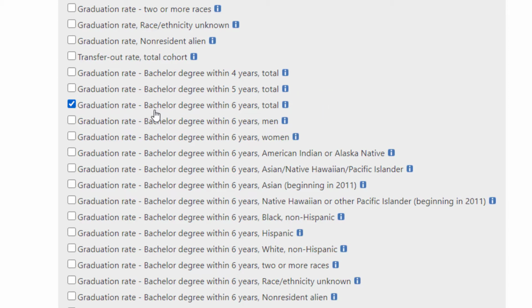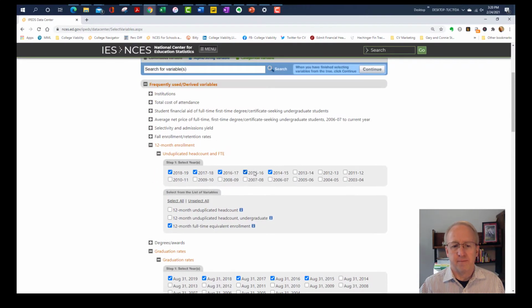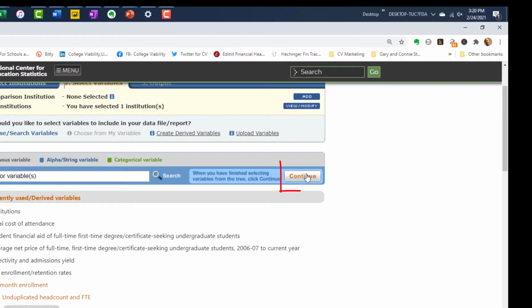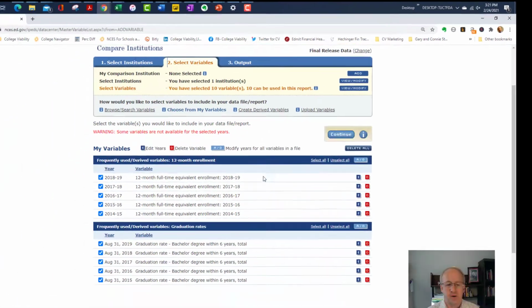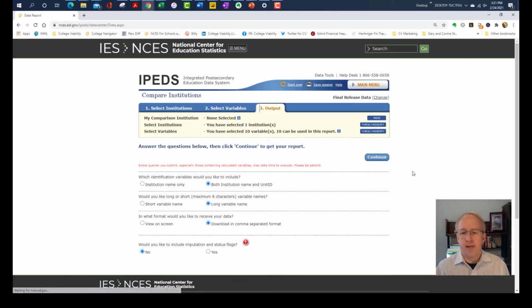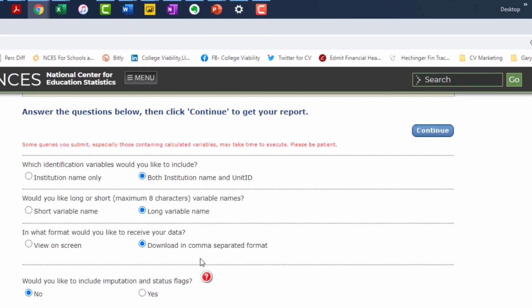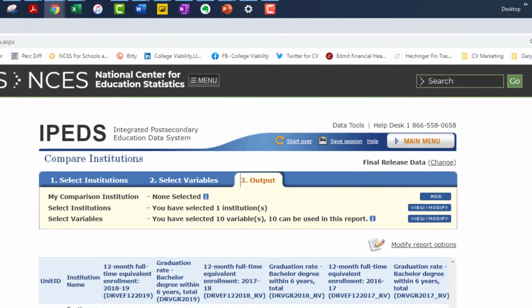So once we've selected the fields, and we've just selected 2 fields and 5 or 6 years, we're going to go back up and click on Continue right here. It'll confirm all the fields that we're using, and that's good for our purposes for this exercise. We'll click on Continue one more time. And the last thing we're going to look at is 2 ways to get the output. The 4th skill that I want to show you is this View on Screen. So we're going to click View on Screen, select Continue, and the data will come up on your screen.